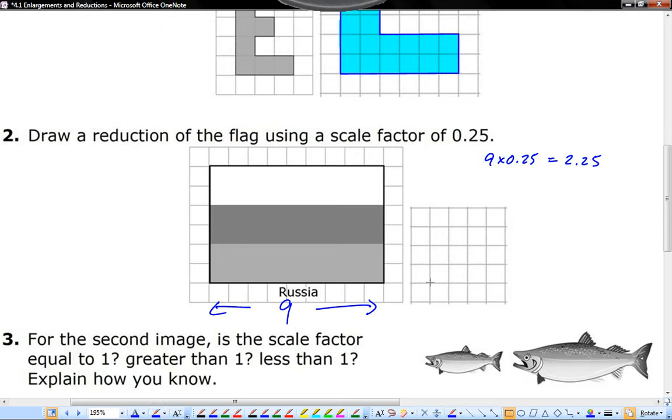So what I'm going to go ahead and do is just do a rectangle and then make sure that I have it to the correct size. Okay, so here is a rectangle, and now let's just make sure this is the right size. So first of all, the width is supposed to be 2.25, in other words 2 1/4. And secondly, the height of this thing, 1, 2, 3, 4, 5, 6. If we take 6 and we multiply by 0.25, that gives us 1.5 for the height. So I need to adjust that,